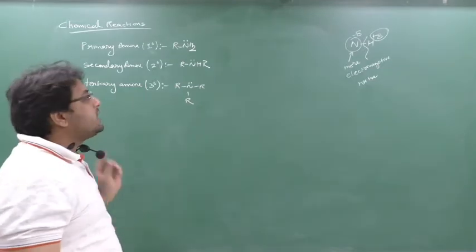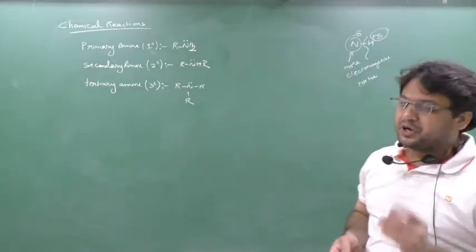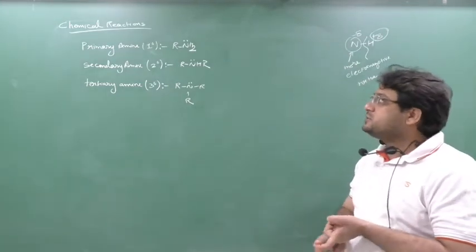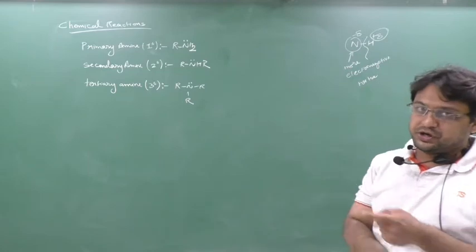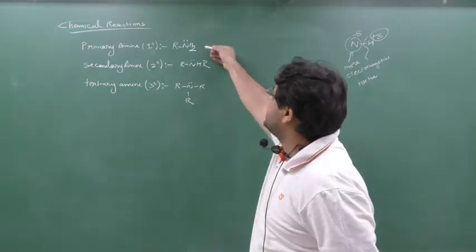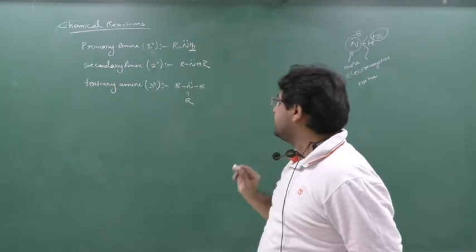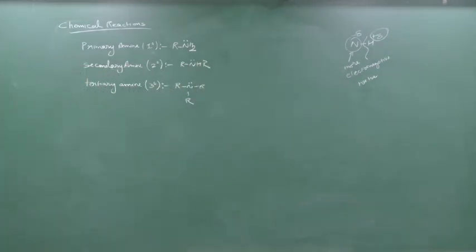So the chemical reactions of amines are due to two things. First, important thing, there is a presence of lone pair on the nitrogen of whether the primary amine, secondary amine or tertiary amine. And there are the acidic hydrogens. See, here acidic hydrogen is there, here also acidic hydrogen is there. Here there is no acidic hydrogen, but there is a lone pair on the nitrogen, due to which it will show chemical behavior.